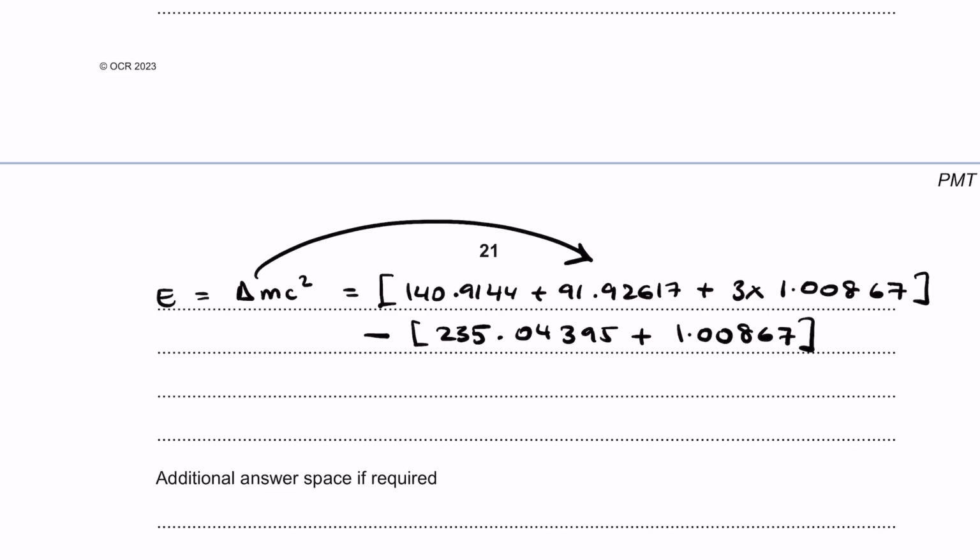Okay, so don't forget the neutron, because we are only given the mass of uranium-235 here, but it is uranium-236 that fissions. So we would end up getting